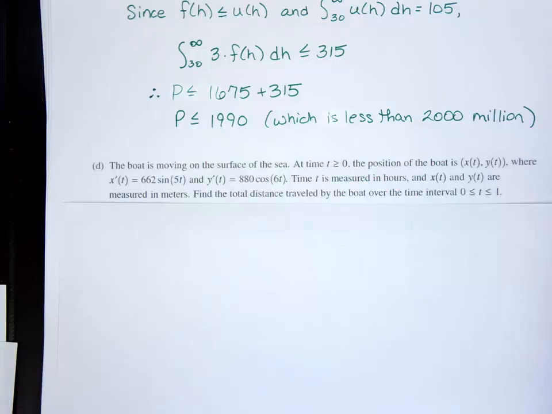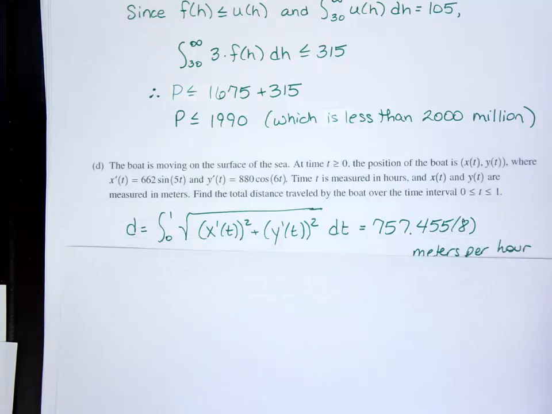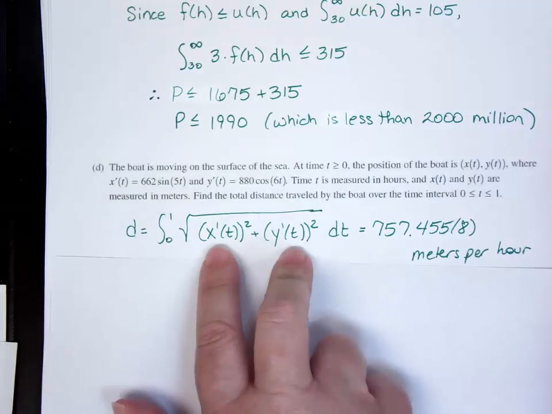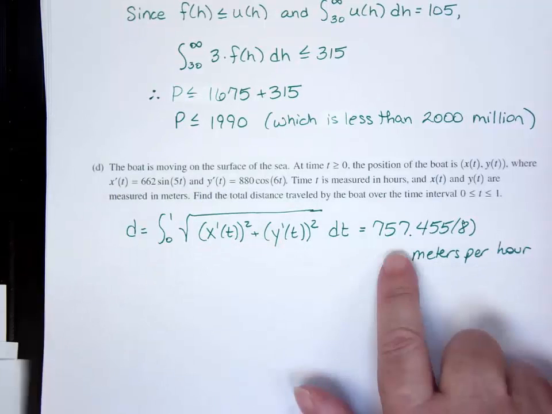Total distance, when you're dealing with parametrics, is the length of the curve. So the distance is going to be the integral from 0 to 1 of the square root of x prime of t squared plus y prime of t squared. That notation has already been used, so you can use it in your integral. When you do the math, you end up with